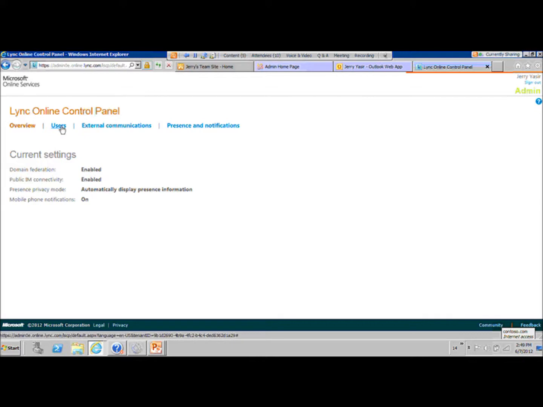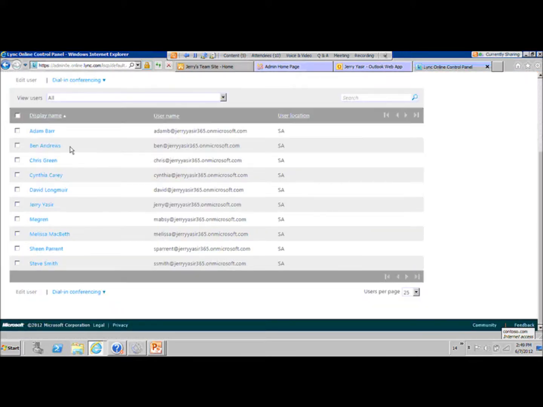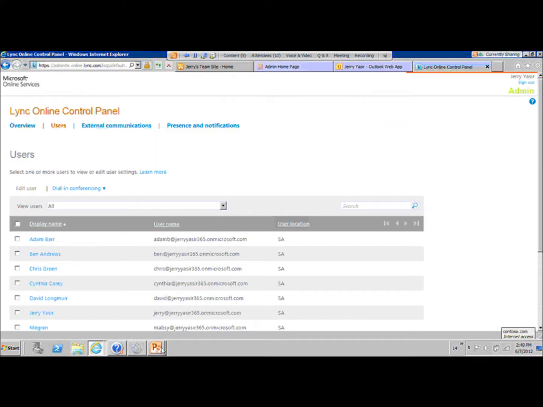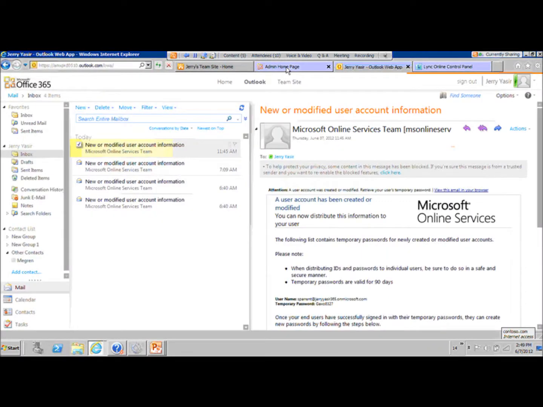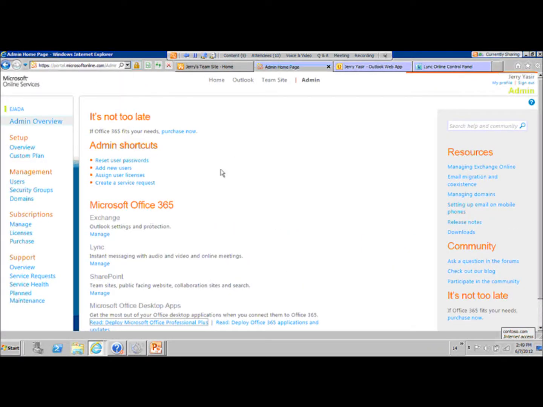You see that this is the link for online services. There are some settings that you should look at, like who are the users who have access and who don't. If I go back, I don't have anyone to use right now, but if somebody had Exchange, you can use any of these accounts and log in and start chatting with me straight away, wherever you are in the world. Okay, so let me go back to the admin page and look at some other things,